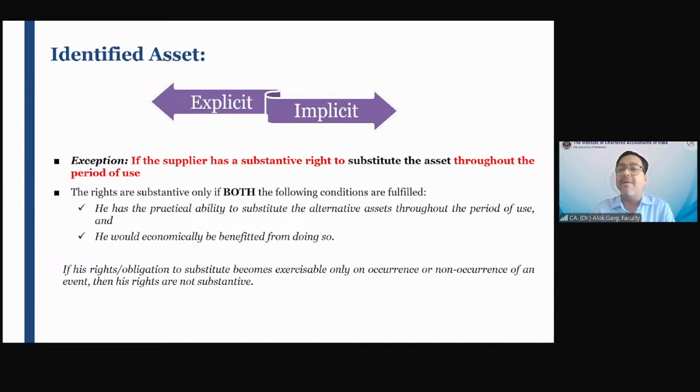The classic example is the property agreement. If you are living in rented accommodation, or you have given rented accommodation on a lease basis, I mean to say, if you are a lessor or a lessee, just see the lease contract, you will find the detail of the premises, which is an identified asset. The detail of the premises, the subject of the lease, the underlying asset, the detailed address of that asset must be captured in the lease contract.